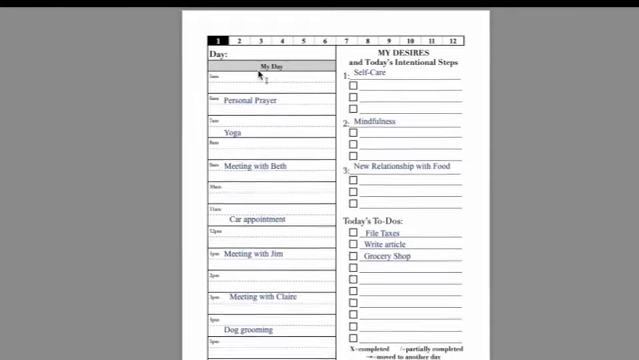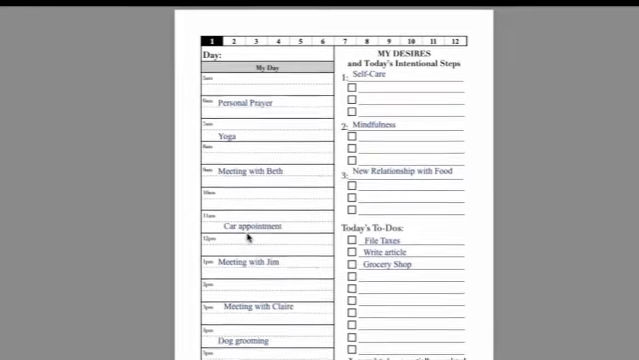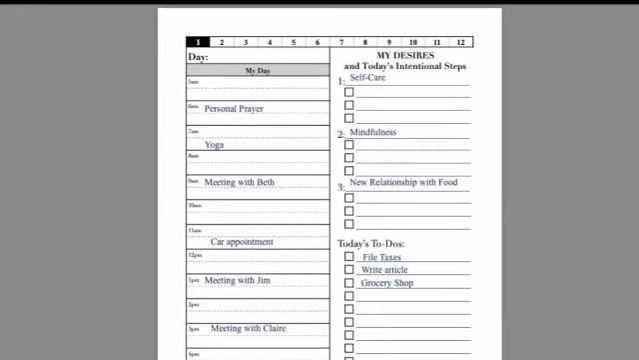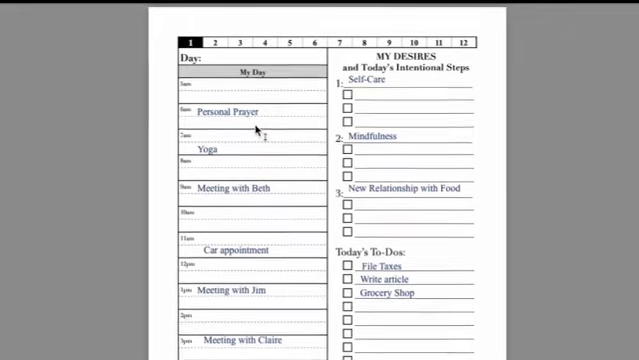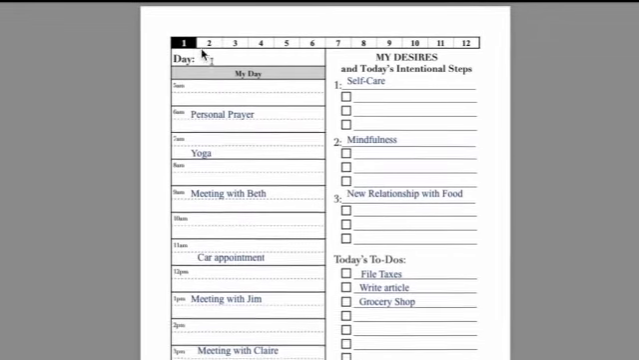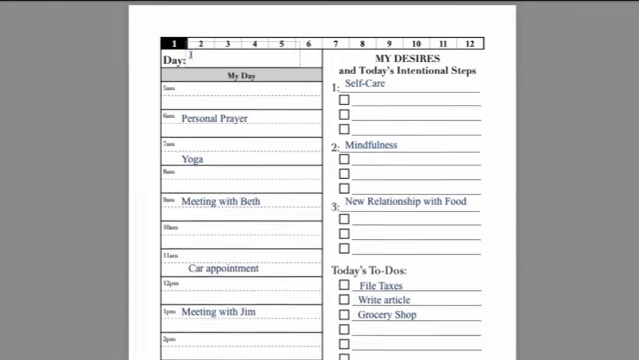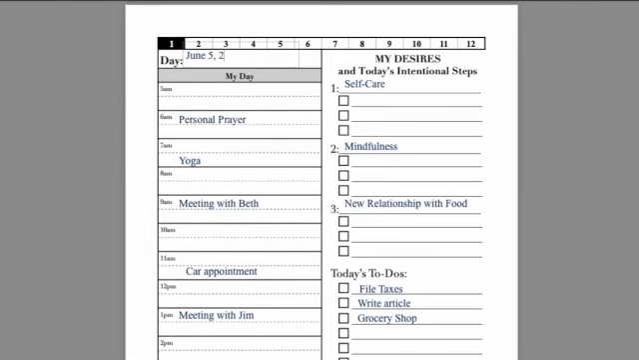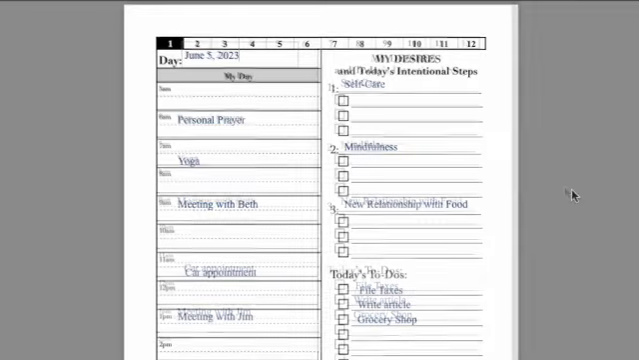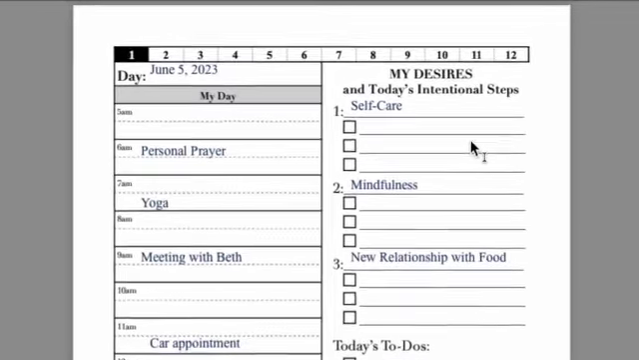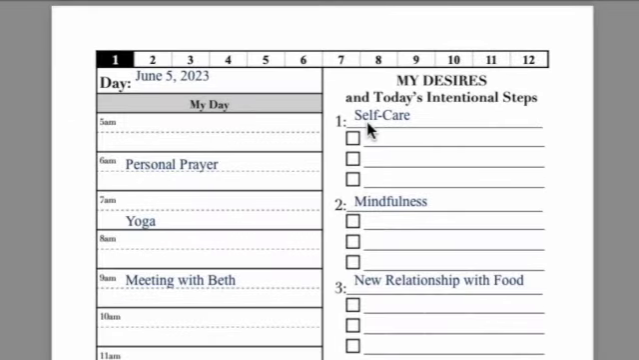I like to begin by filling out my ideal day. How do I see my day unfolding and flowing? What are the things that are going to be a part of that day? And in fact, right up here, there's a place to put down what the date is. Maybe it's June the 5th, 2023. Then I fill out my day, and then every single day, you're going to list the 1, 2, or